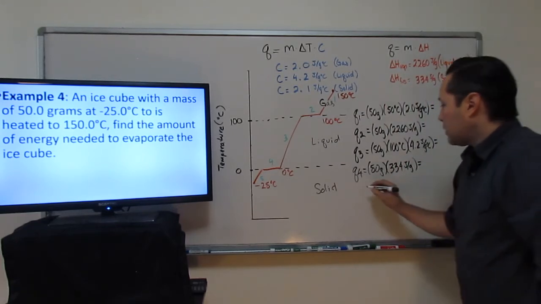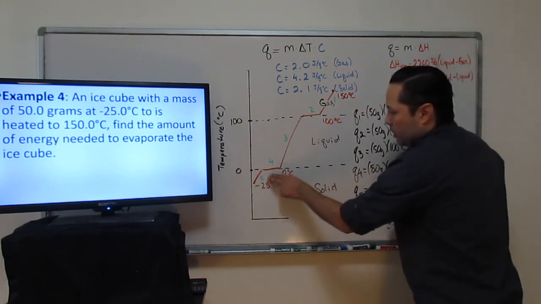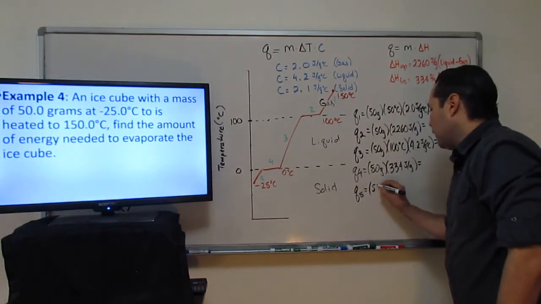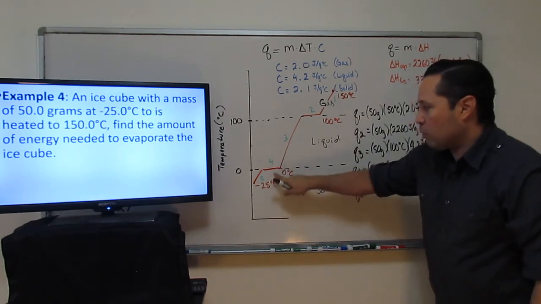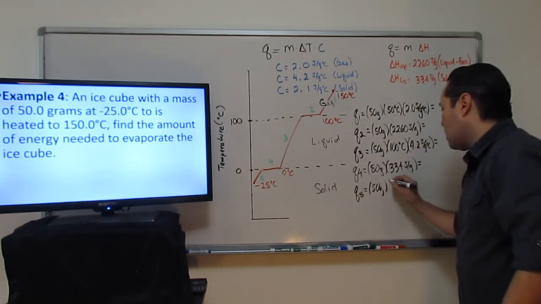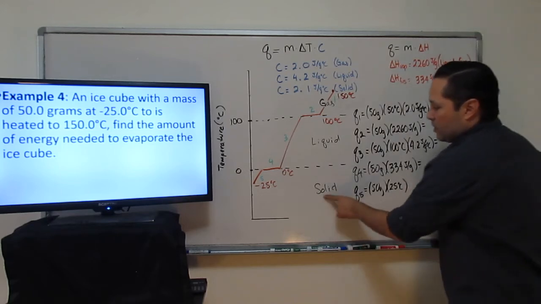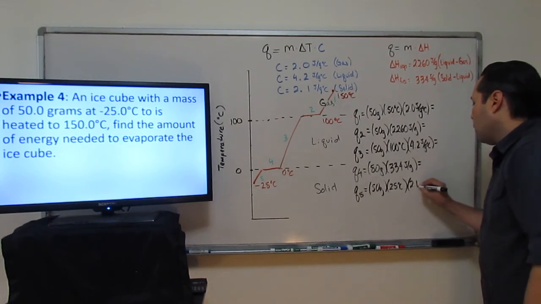All right, next, line number 5. Line number 5 is down here. It's going up, so we use this formula. The mass is still 50 grams, that's throughout the whole problem. The change in temperature from negative 25 up to 0, you go up 25 degrees. And it is in the solid phase, so for solid we use 2.1 joules per gram degree